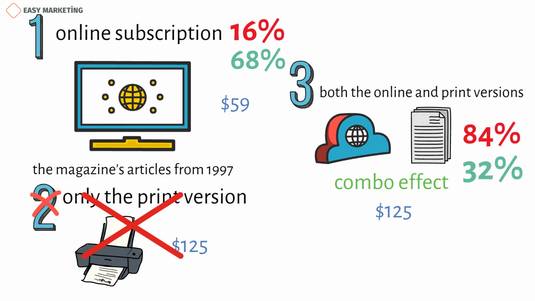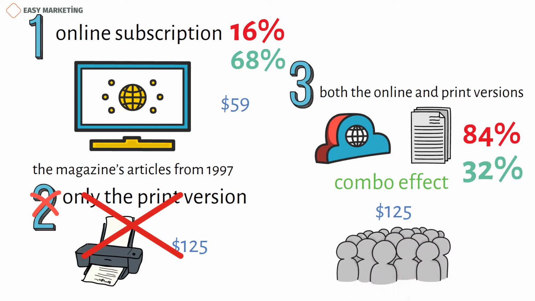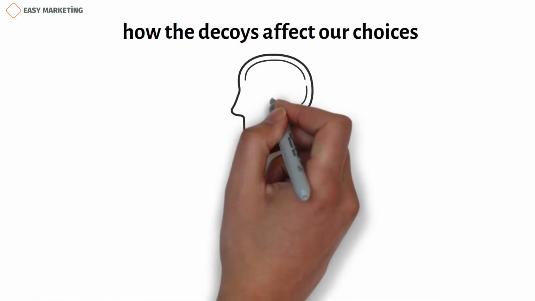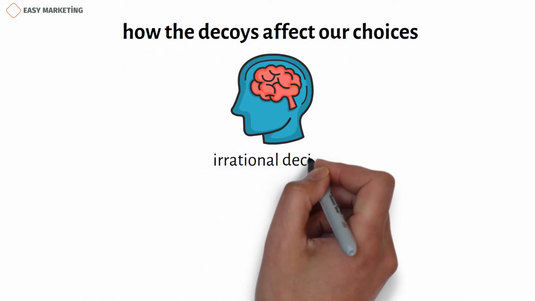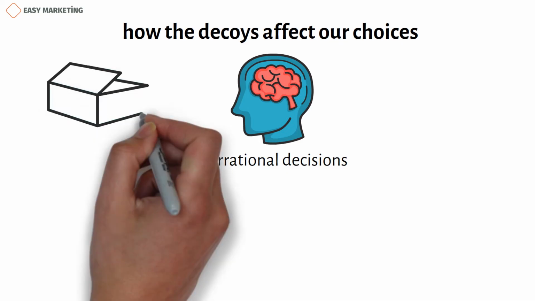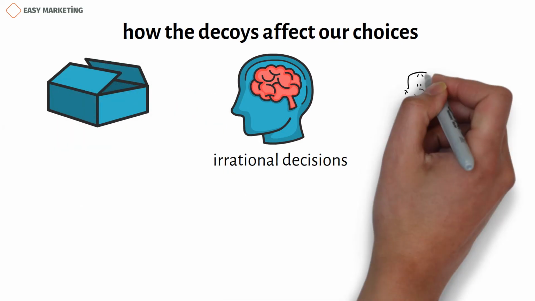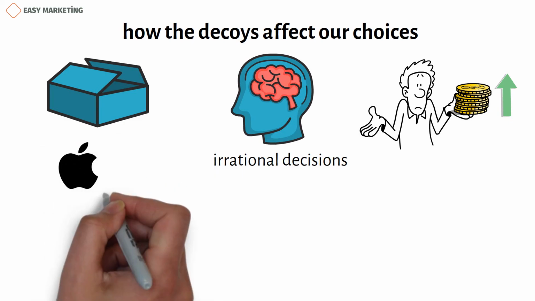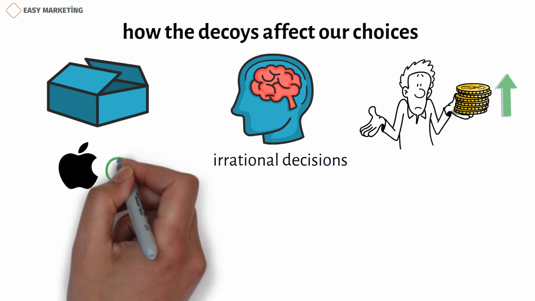Students actually chose a more expensive, likely less logical third option when given the decoy option as a second option, even though they needed the first option more. The results of the test actually show us how the decoys affect our choices and cause us to make irrational decisions subconsciously. By adding decoys to a range of products, companies can influence our decisions more than we imagine and lead us to spend extra money on the products we buy without even realizing it. The first example of Apple above was actually a decoy effect used by the Apple company.